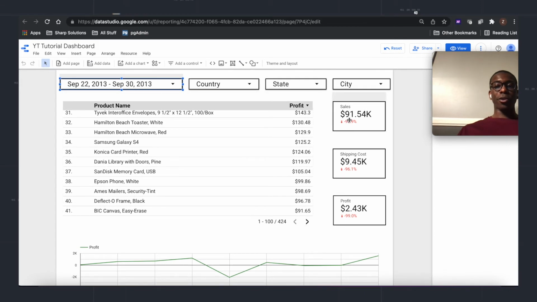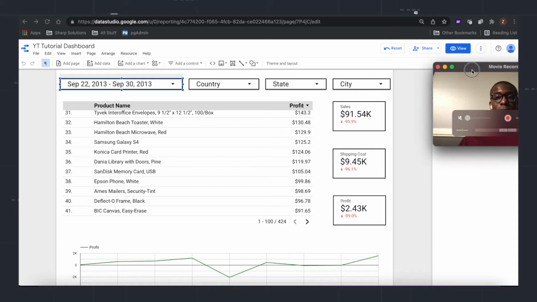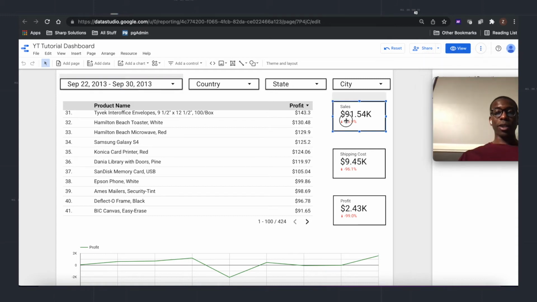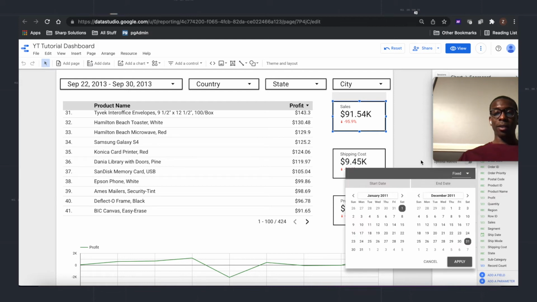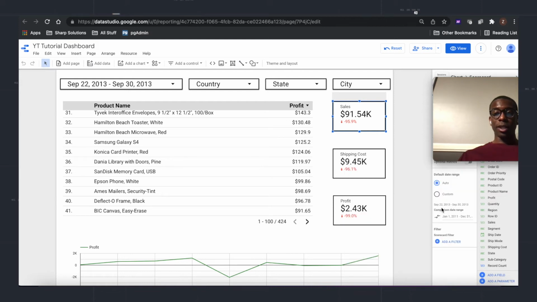However, if we look at our scorecards, we can see that sales are down. So again, I'm going to come over here and I'm actually going to click on the scorecard to see what the comparison is that we are comparing this to. And it looks like the comparison date range for this,